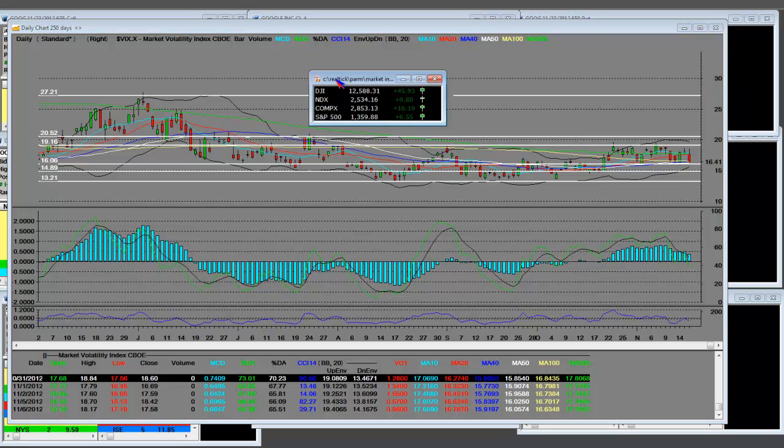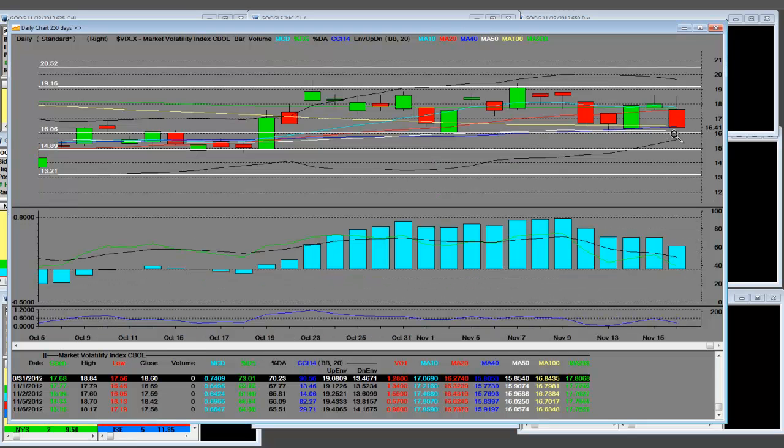Once again, the VIX is related to the S&P 500 index. They run inverse of each other. If the S&P is breaking out, then this is going to come down. However, we are building a base here. We're going to be watching what this base is compared to this lower support level, and what Monday, Tuesday, and Wednesday will bring. It'll be a light trading week.